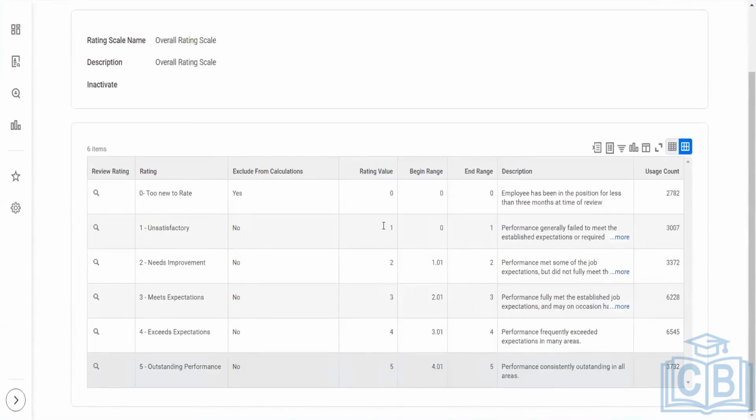For example, a person is an exceptional performer. Say in this rating, it is an outstanding performance, and he has been rated 5 based on this rating scale. And also his compa ratio is already below the market level. Say out of 100, the market position is known as 100% compa ratio. And if the person is, say, below the 70th, below the 40th percentile, he's an outlier already. In such a case, the company will also give a further structural increase.